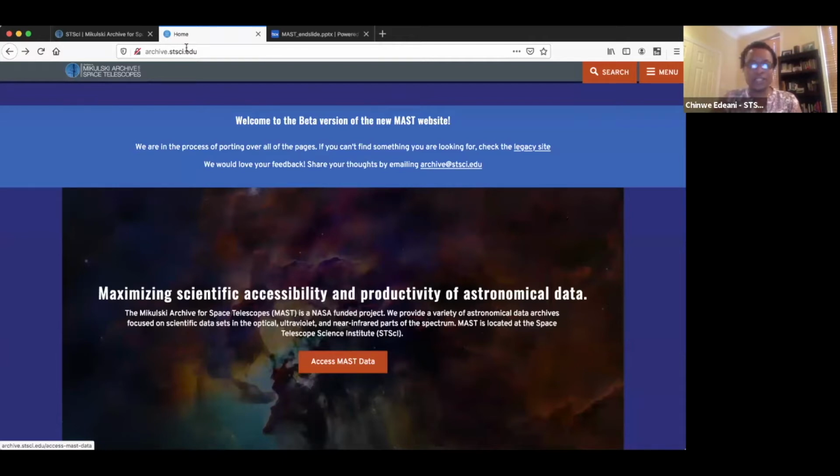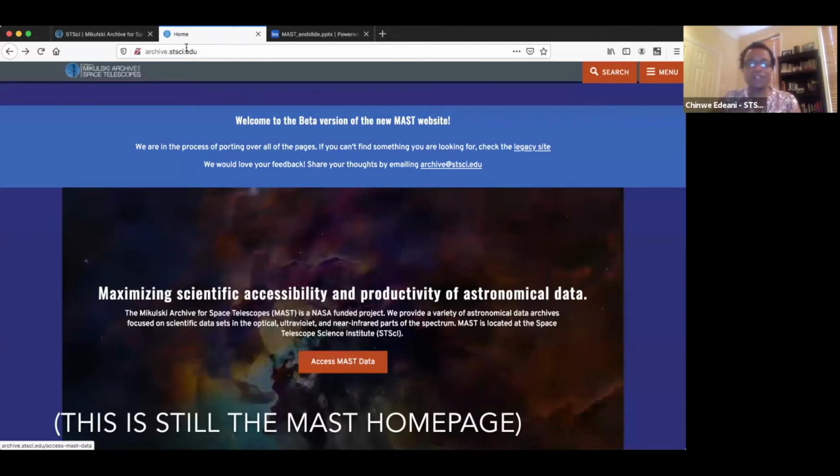But as you can see here, we have an API. If you have Python notebooks, we have information for how to get all the queries to run through our APIs. And there are also different search options for various kinds of data. But like I said, today we'll be talking about the MAST portal, and you can access that from this archive website here, but the page is